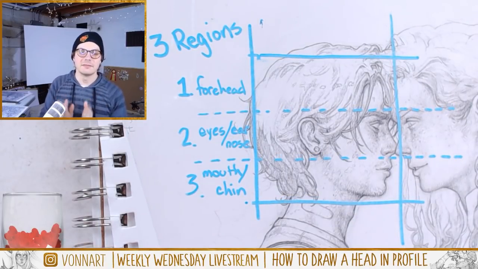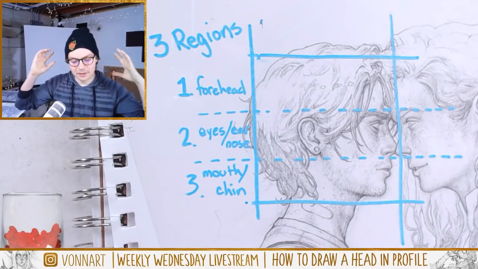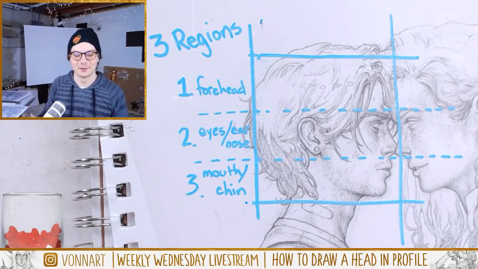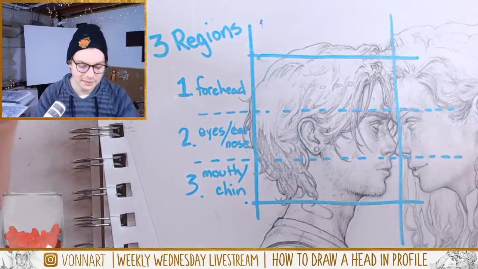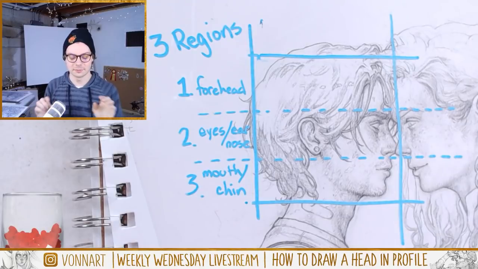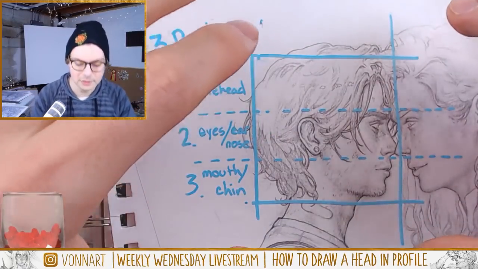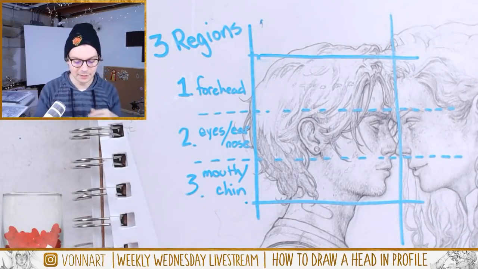It can be simplified very quickly. The first third of the 3 regions would be the forehead, which I know sounds really boring, but essentially where your hairline starts and it goes to the top of your eyebrows. Let me start over with the 3 regions. When you look at someone's profile, if they shaved all their hair and they were just bald,